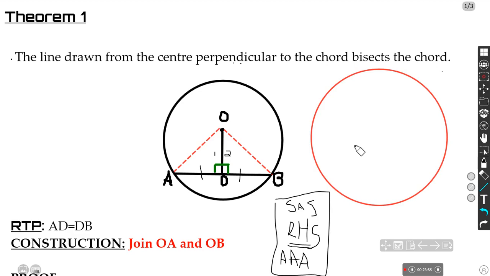So now, let us start. The line drawn from the center. The first thing you need to do is start drawing your chord, and then you start from your center. You begin to say the line from the center perpendicular to the